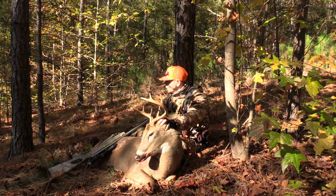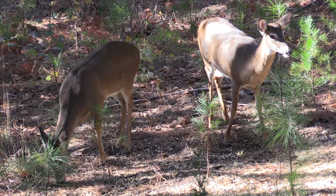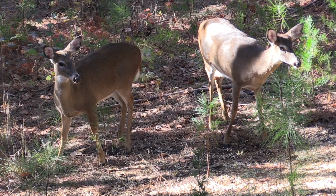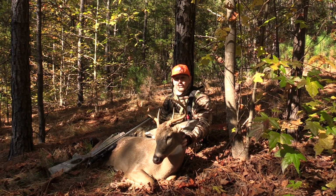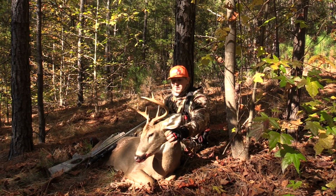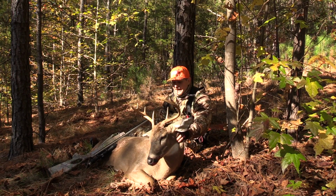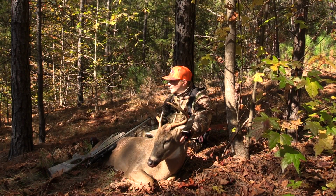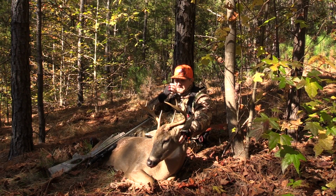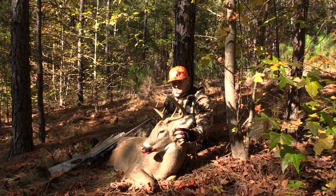It was nice and cold. Seen some deer. The deer cooperated, and like I told you guys, when I was sitting up there this morning, I said I think if we shoot one, it's going to be between 8 and 9:30, just because of the moon phase and the way that these deer are reacting to the moon in the mornings. And man, it was almost like clockwork. About 9:15, I seen those two does, and they came up the hill and started feeding. And then this dude wasn't maybe 3 or 4 minutes right behind them,